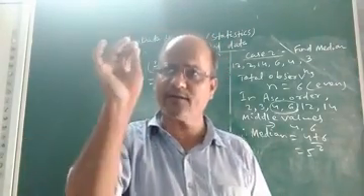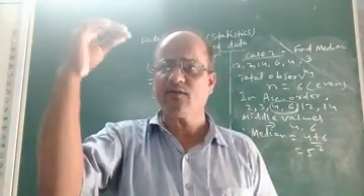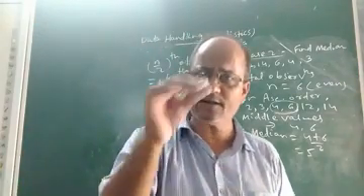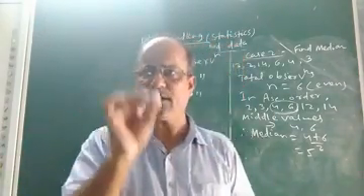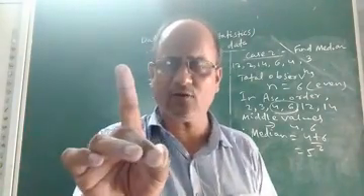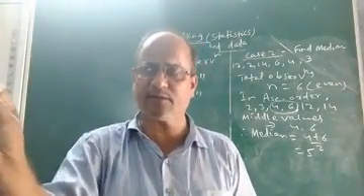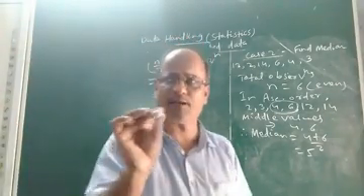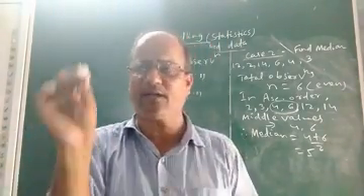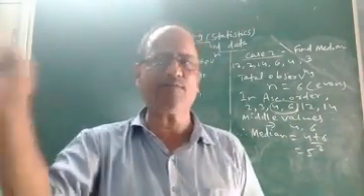First you write the observations in ascending order. Then see what is the total number of observations. If the total number of observations is odd, then find the middlemost value. How to get it? The n plus 1 by 2th observation. That is the formula. It will have one middle value. Whatever is the value of the n plus 1 by 2th observation, that will be the middlemost value and the median of the ungrouped data containing an odd number of terms.